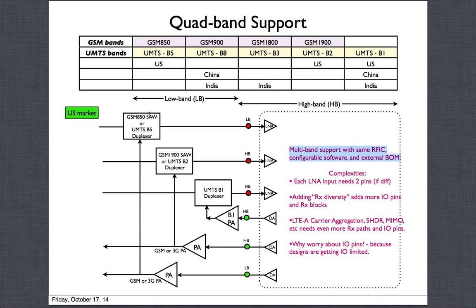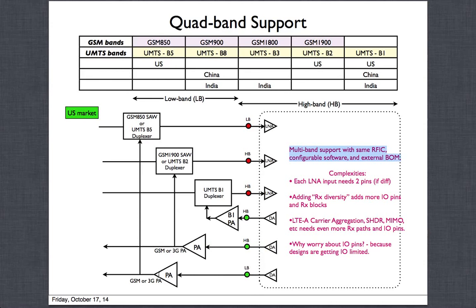You cannot switch between SAW and duplexers unless you have a switch and all that. But here we have either the SAW filter, so we'll support GSM through this path, or we'll have the duplexer where we will support the UMTS frequency here. So this path going in pairs up with this path here for the transmitter. Let's say we have a DA path coming out low band. It would either go through a PA.